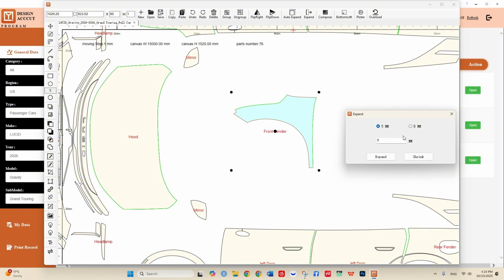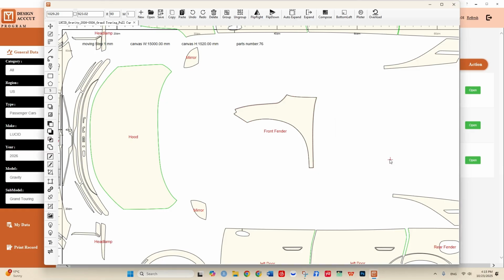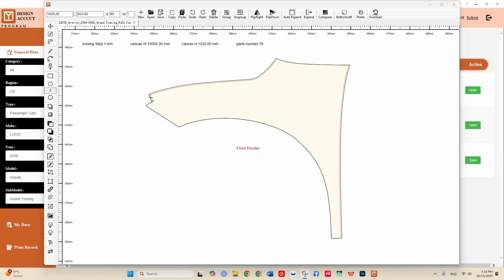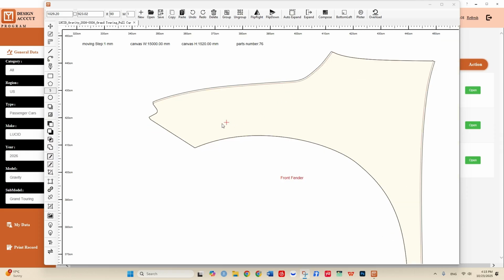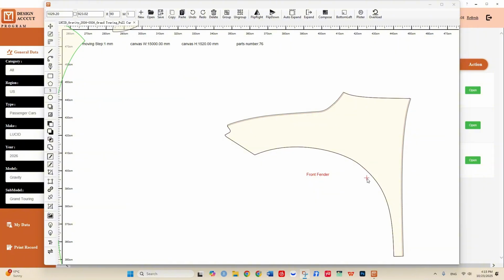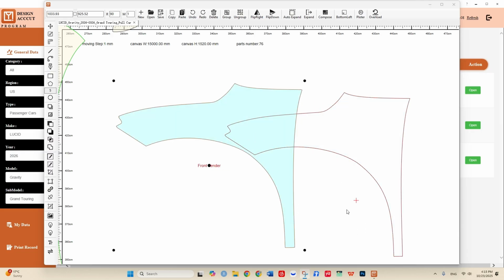Normally we default to choose 5 millimeters, and we choose expand. As we can see, there is a red line here to replace the original green edges. It is just like the shadow of it. And for those edges which are not originally green, they will not change. After you do the auto expand and when you try to move the pieces, you will see the shadow of the original